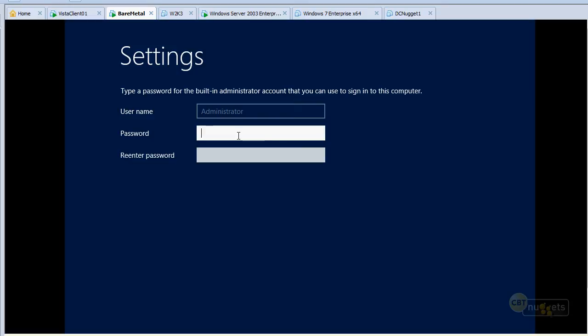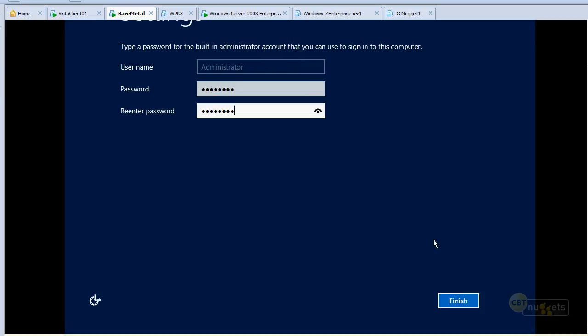So 7 characters or more. You also need to have upper lowercase, alphanumeric, and or special characters. You need to have 3 of the 4 requirements that I just mentioned there. So I'm just going to enter something in here. And they, of course, both have to match. That's the purpose of that, is to make sure that you don't slip that up.